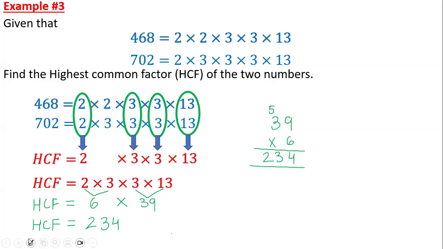How many persons had that before me? I did. Very good. I did 2 times, and then I did 3 times 3 is 9, and then the 13. I just have 6 and 39. That's no problem. Remember,